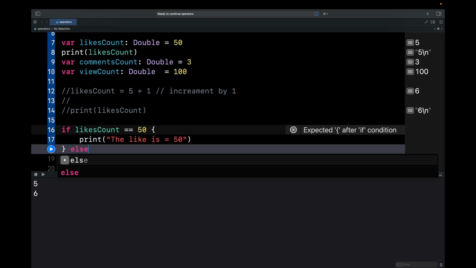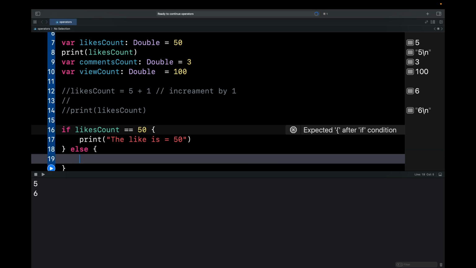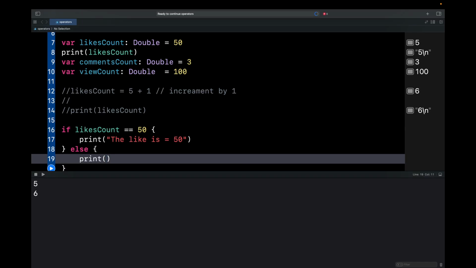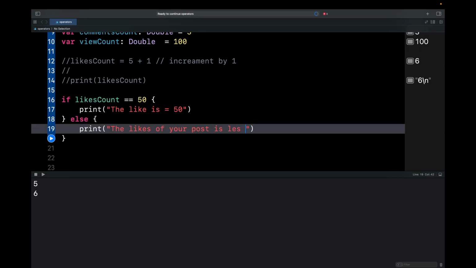And there is another statement which is called the else statement, where we print something different, the other condition, when the condition is not satisfied or becomes false. So now here we want to print something like the likes of your post is less than, but we can write anything less than or greater than. Whenever we check the conditions, based on these conditions, something like